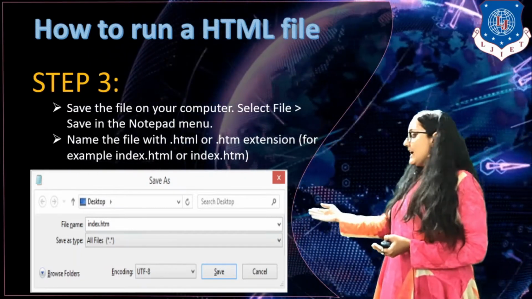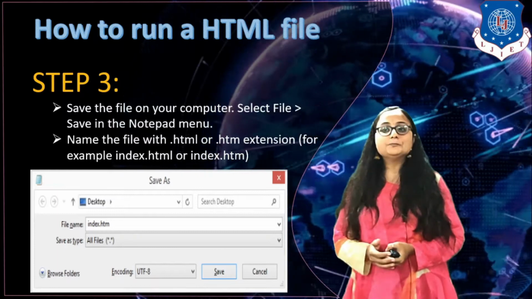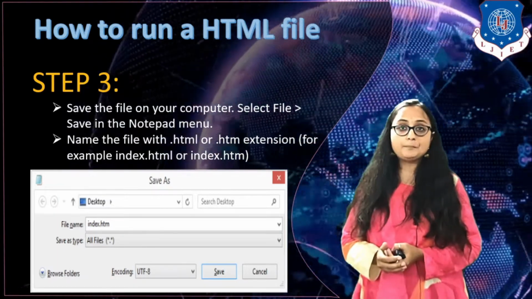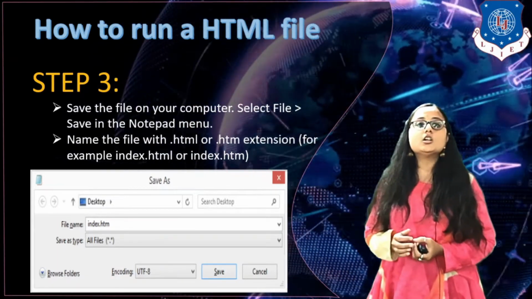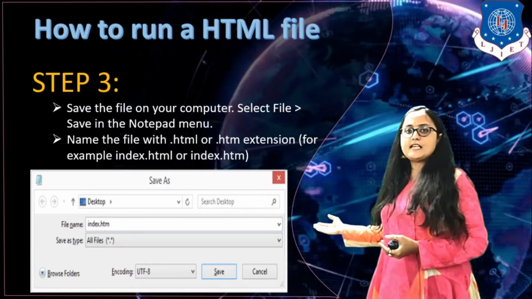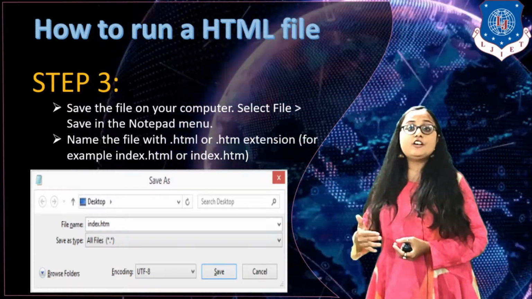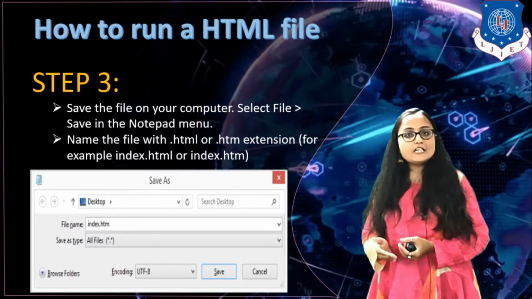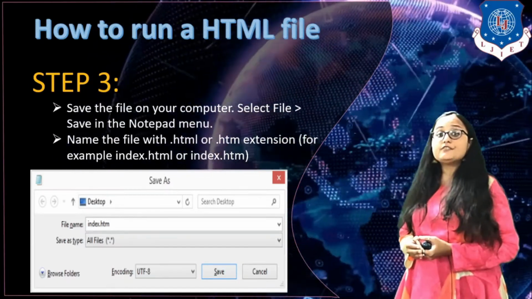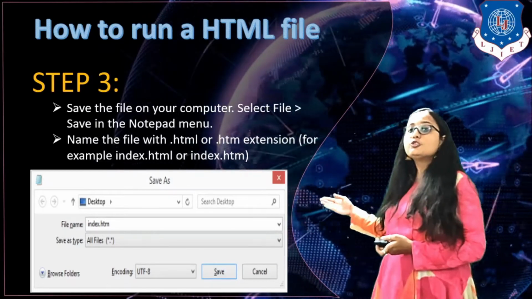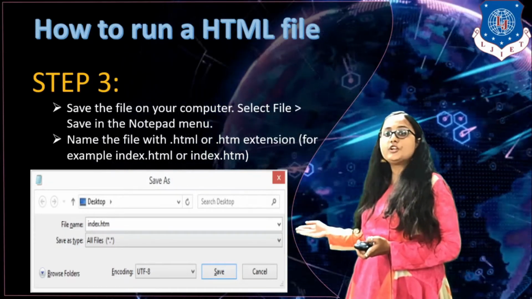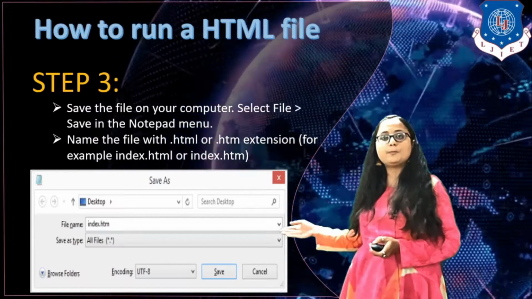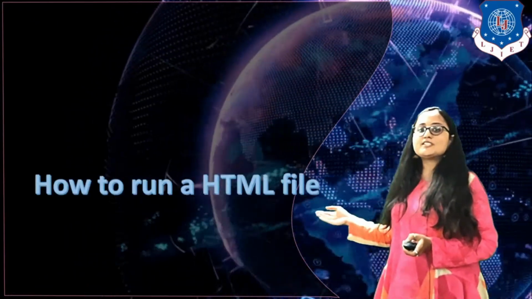Also, I have here given UTF-8 as the encoding. By default, whatever encoding format is there is okay, but UTF-8 is the best and recommended encoding type for an HTML file. So it is highly recommended that you use UTF-8 encoding while saving your Notepad file. Clear? So this was step number 3.